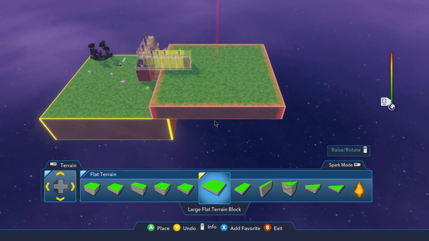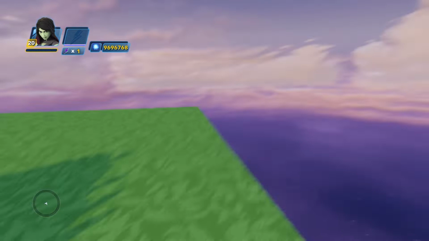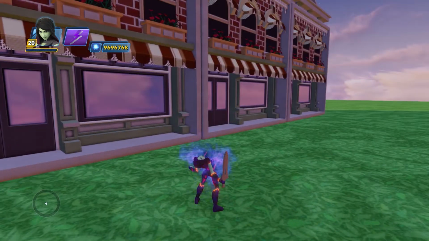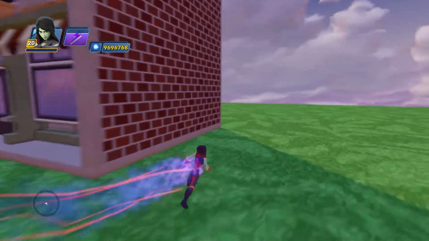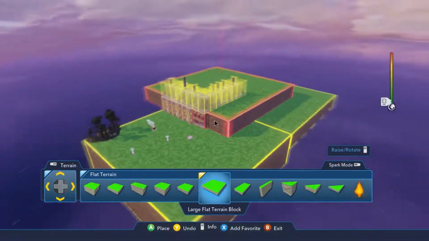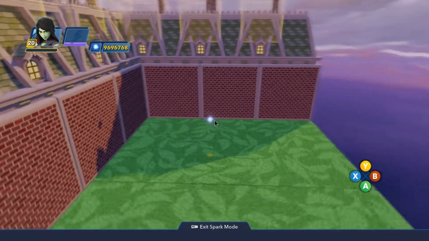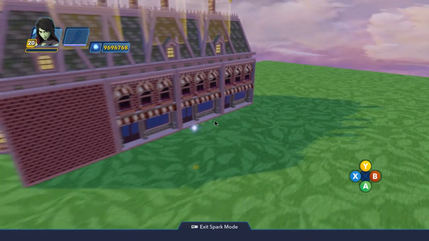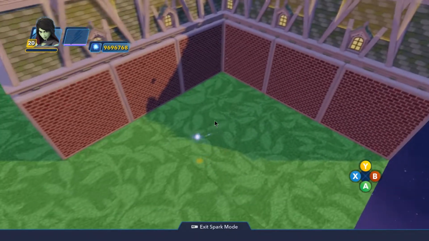Alright, now let's say you're building an entire city like this. I haven't done this in a while. Alright, so you go in back of the building structure and there ain't nothing there. So you can double up and put a bunch of these over on the inside, but